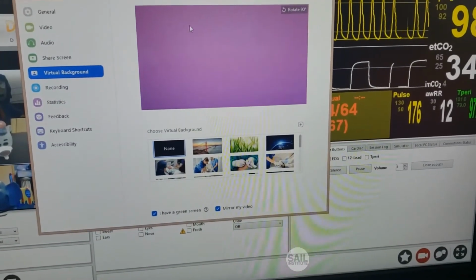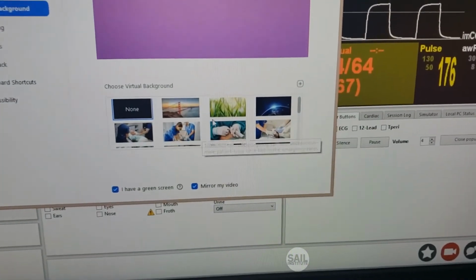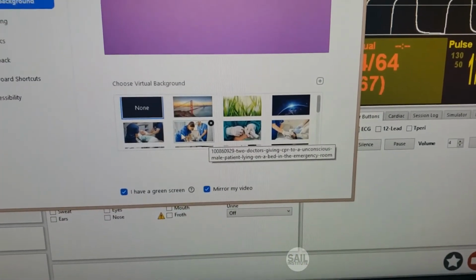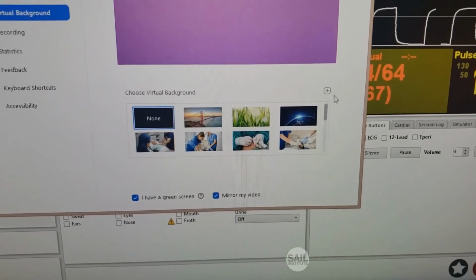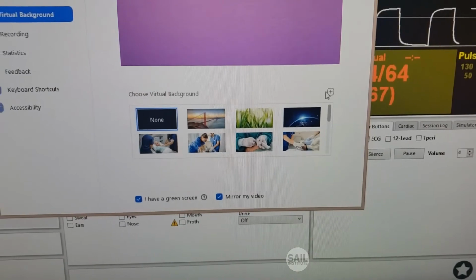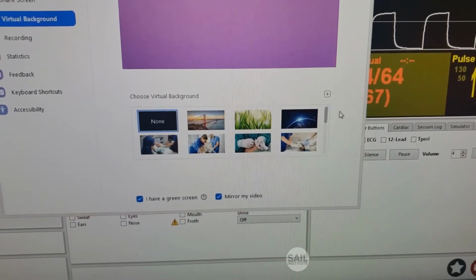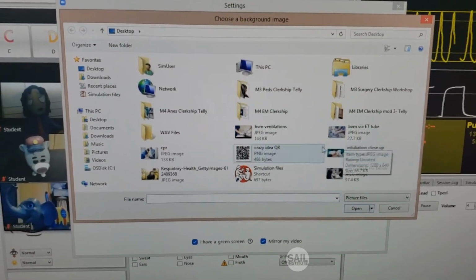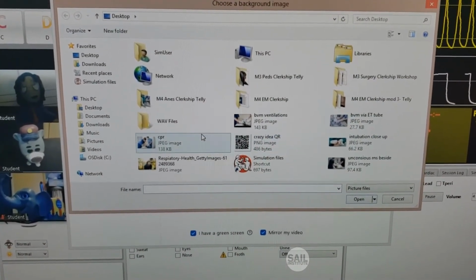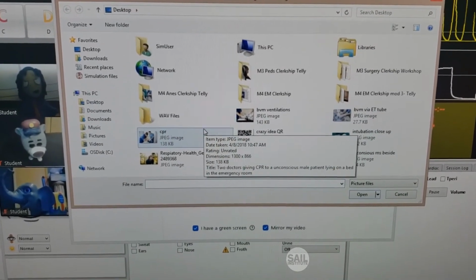All right, so you guys can see I have a bunch of images left over from anesthesia, and a PEDS program and some other stuff already loaded up in here. But I'm going to show you how to add a new one. You're going to go up to this plus sign and select Add Image. And right now this is my desktop. I have been just kind of acquiring